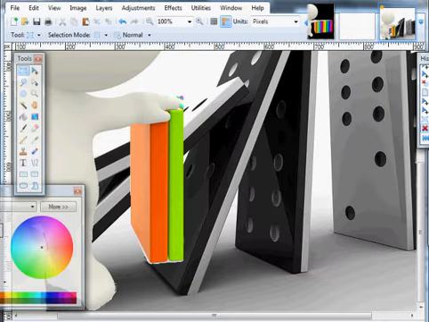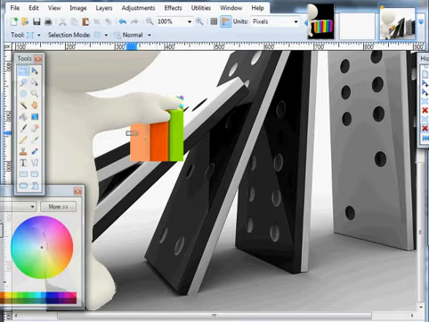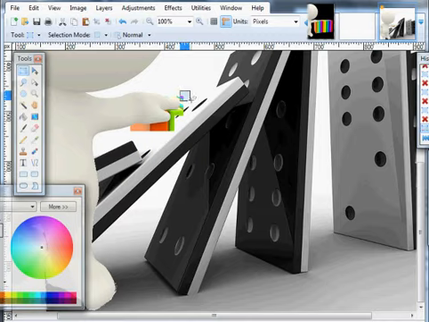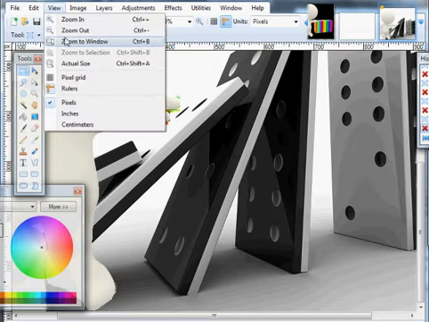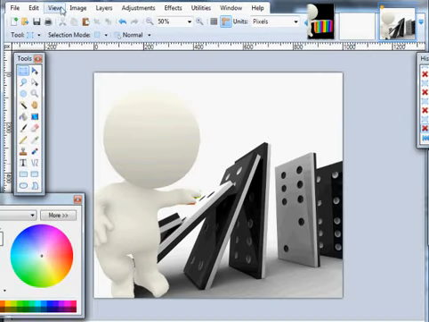So if I press delete, you'll notice that part of that picture is being deleted. And as you can see here, that's the way to go. I'm just going to have to go inside and do some tweaks and delete those things around his hand. But if I zoom back out, actual size, zoom out,